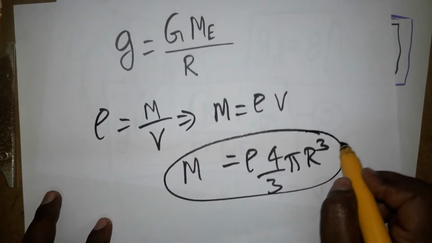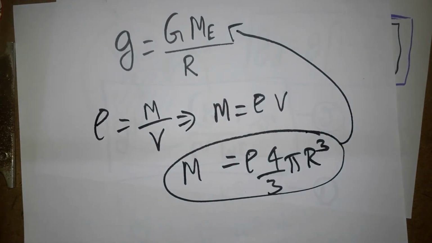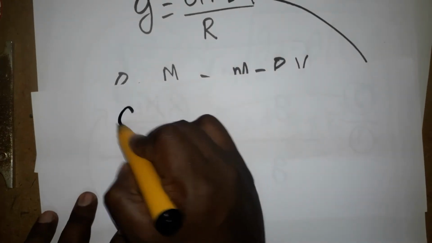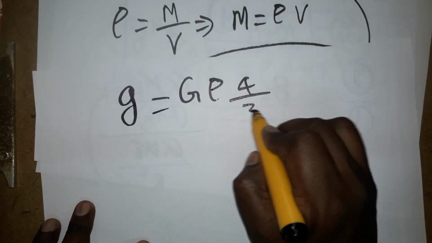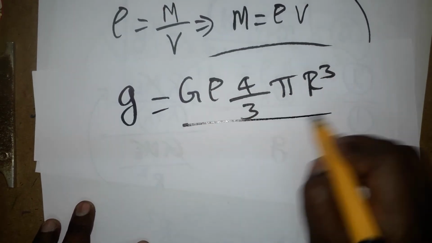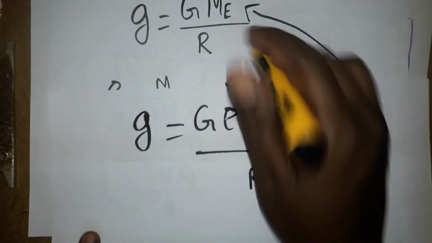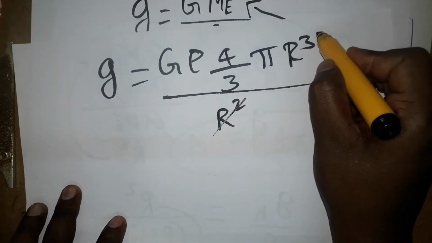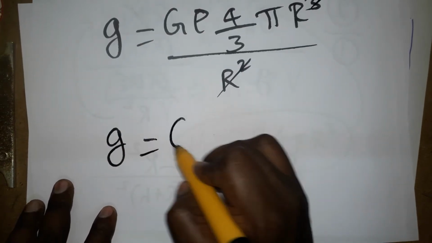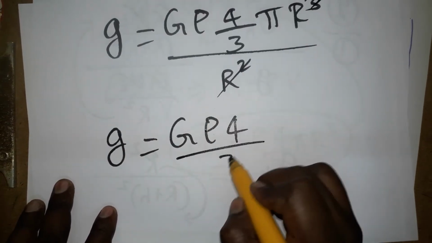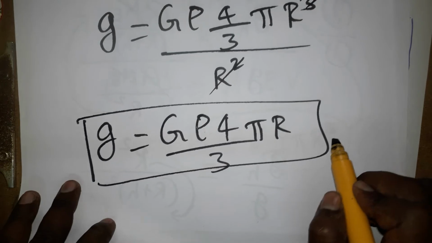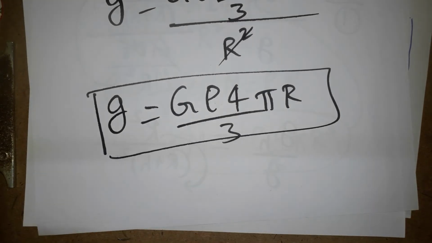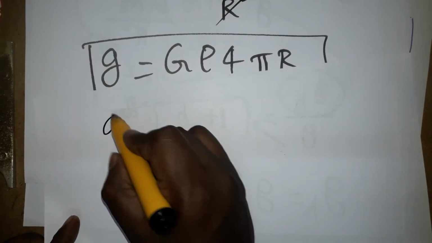Just this I am going to substitute here and see what we get. So gravity on the earth's surface, g, is equal to capital G times the mass of the earth, which is density times 4 by 3 pi r cube, divided by r square. I forgot to write that r square. So r cube by r square, one r gets cancelled. g is equal to capital G times density times 4 by 3 pi r. This is on the surface of the earth. Next, I take some depth, d depth, and we are going to find the gravity at depth d.